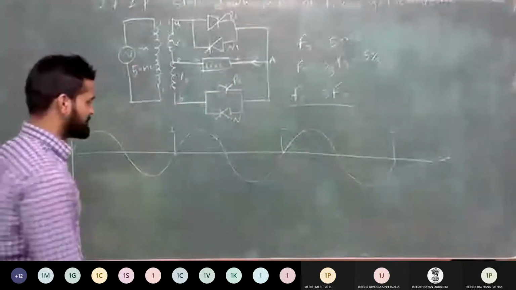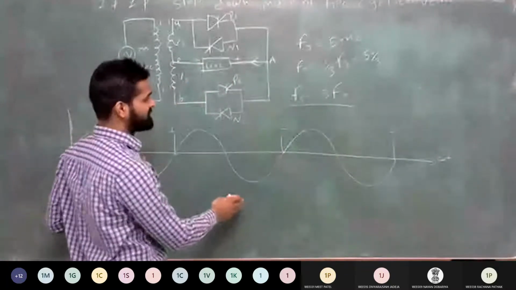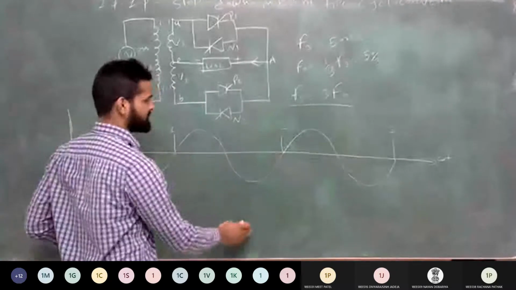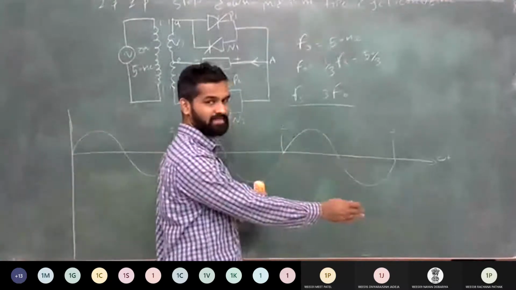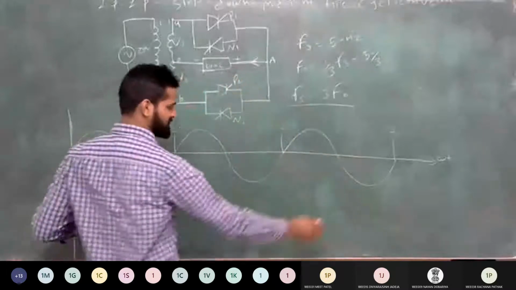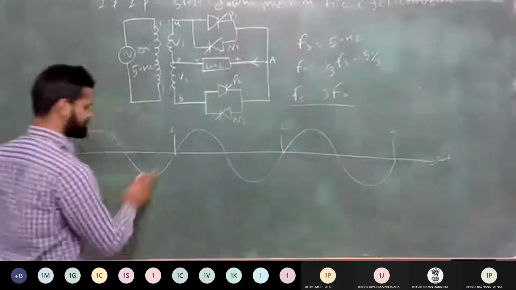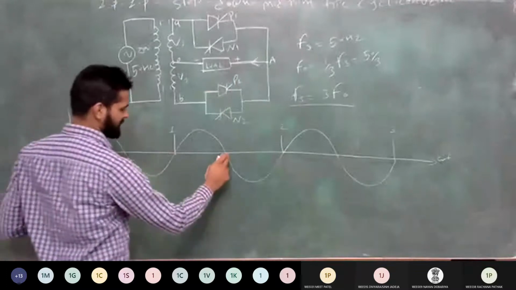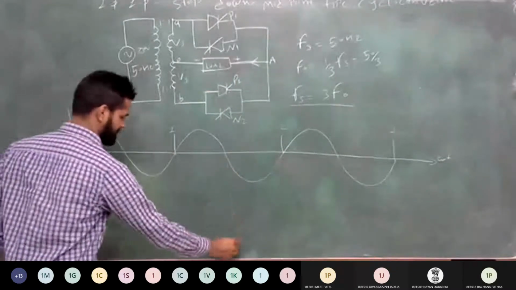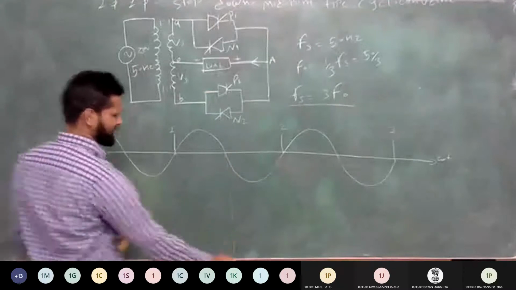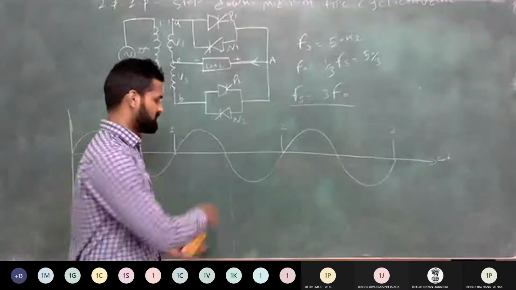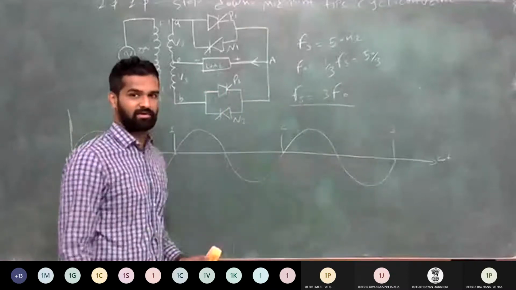So it means in the half time of these 3 cycles, we get the positive output voltage across the load side, and in the other half we get the negative output voltage. So what is the half of these 3 cycles? This is one half and this is the other half. Clear? In this period we get the positive voltage, and in this half we get the negative voltage. So one complete cycle will complete.